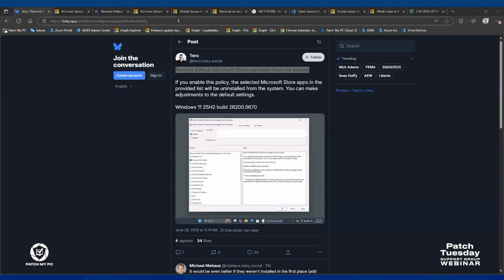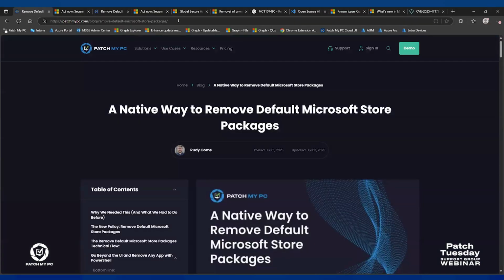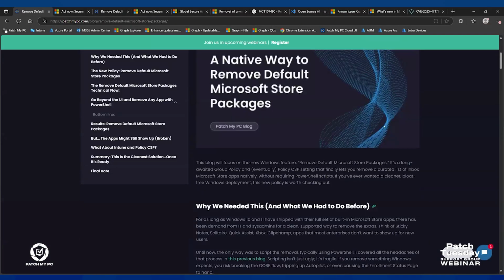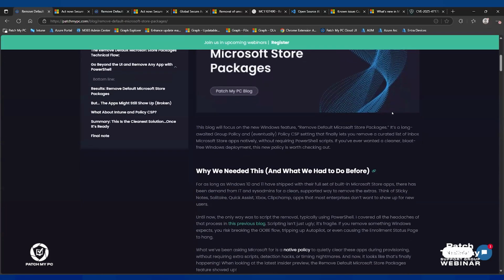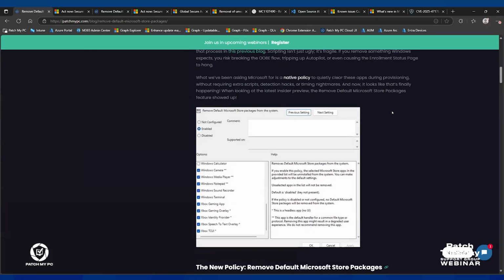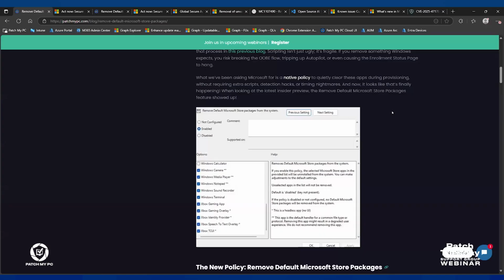But one of the interesting things that's coming out in the release of Windows 11, I should say, I think this is in 24H2. It's in Insiders right now. But almost since Windows 10 was released, there's been community solutions for how do I get rid of all of this crap, like Candy Crush. Candy Crush was the most egregious, but when I'm installing a server, why is it that I have the Xbox gaming app, right? These kinds of things. Why is this in a